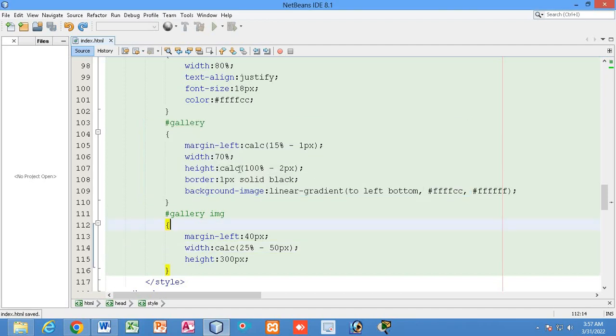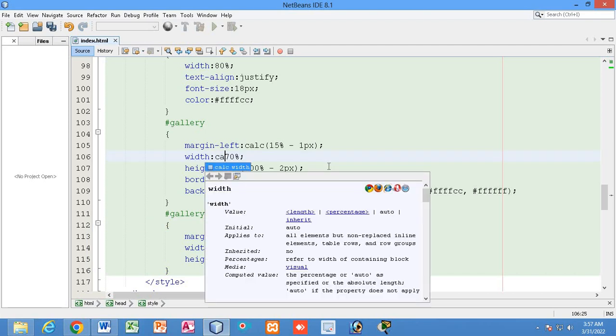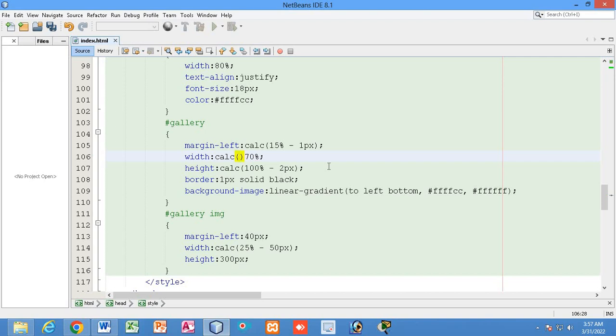Now here you can see width. If you just add the calc to calculate the width over here, then it could be 70 px to be exact, minus 1 px of the right margin, right? The right margin also has 1 px. We can see 1 px you have deducted, left margin 1 px we have deducted.